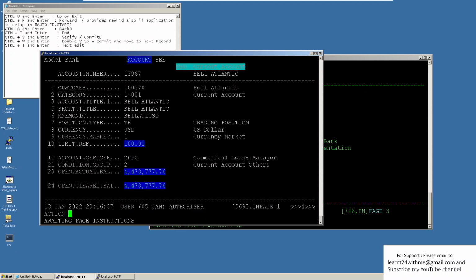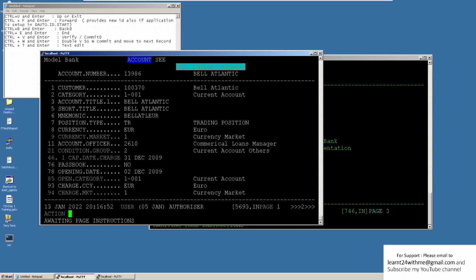But if I want to see all records one by one, I will type Control W, enter. It opened another, second record now. Just see here the account number. It will continuously change when I type Control W, enter.